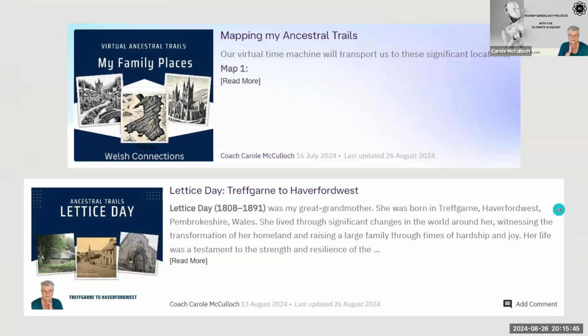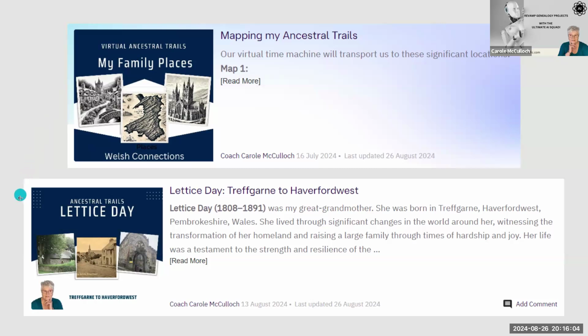When it comes to ancestral trails, which is my present focus, you can have as many of these as you like, and you can set them up inside your family archive very easily. You'll see here I'm working on one that is mapping my ancestral trails in Wales.